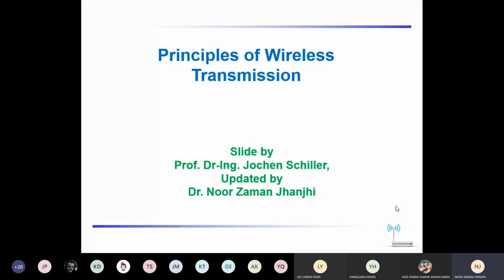Whatever we are using, either Bluetooth, Wi-Fi, or Wi-Fi 6. Wi-Fi 6 is something new, and we will discuss that as well. We are using telecommunications, which is radio frequency. We are using satellites. We are using other gadgets with infrared or NFC or any other frequency. They all are frequencies being used in the wireless medium.